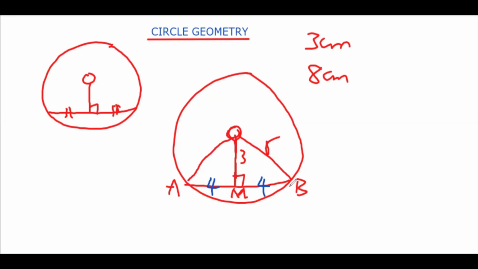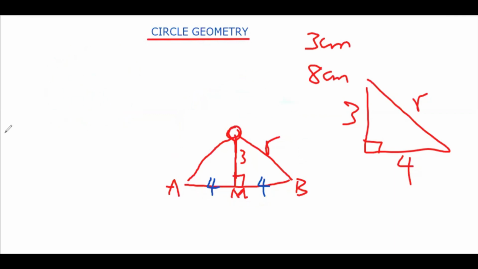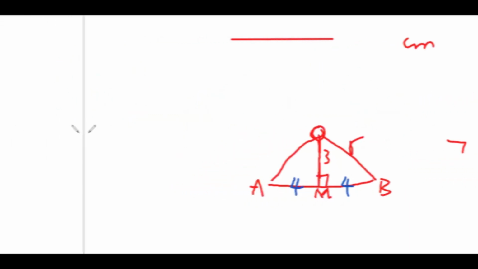Or if it bisects it, it must be perpendicular. That avails the opportunity of bringing out this right triangle where we have 3 and where we have 4. We now use Pythagoras to get the value of R, and the R there, if you solve it, we know we're going to get 5. So that is the first theorem. The second theorem,